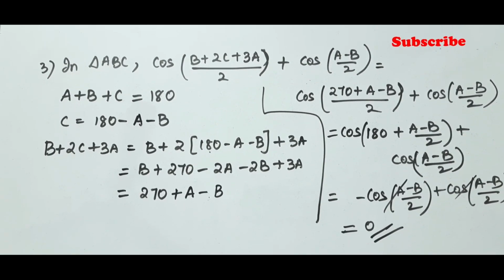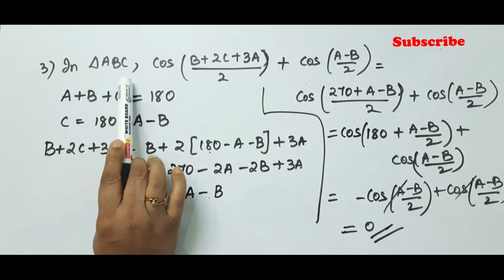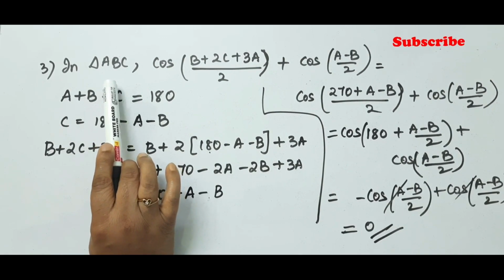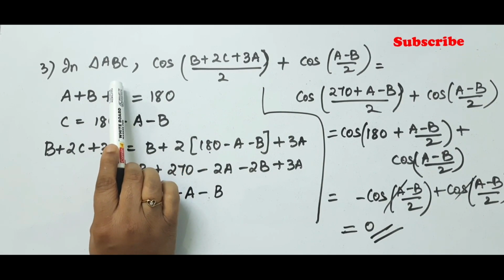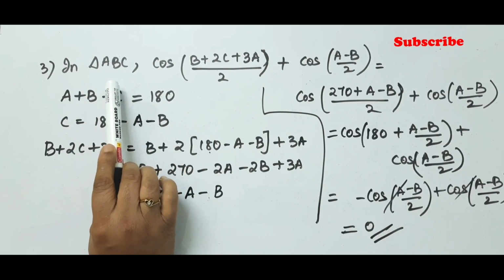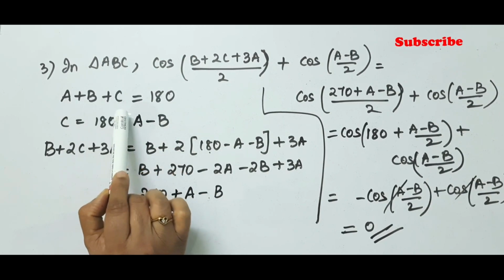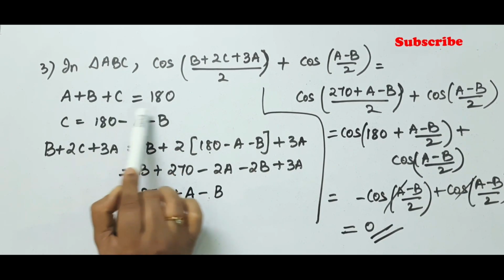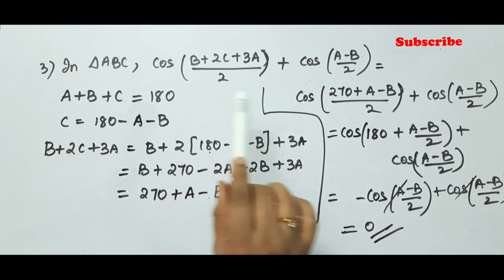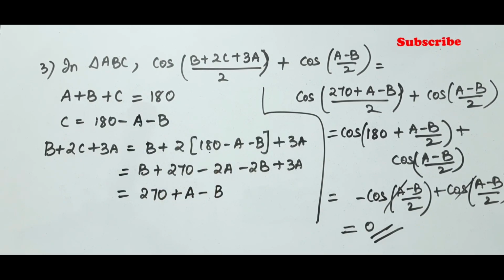So whenever they give a problem of this type, first use the condition which they have given for the angles. Here they have mentioned triangle ABC. So when they mention triangle ABC, it means we have to use one of the properties of a triangle. In case of angles, it is clear that for a triangle A plus B plus C is equal to 180. So using this, I solved the whole problem and got the final answer. Okay. Now let us see the next problem.